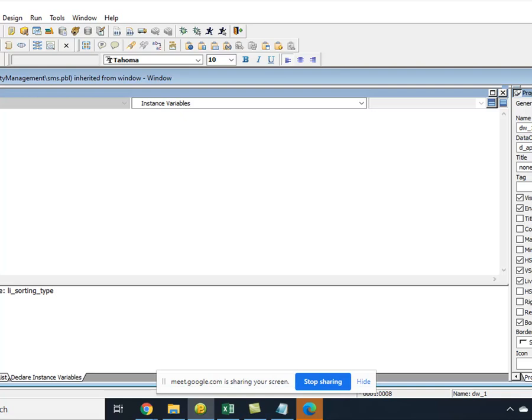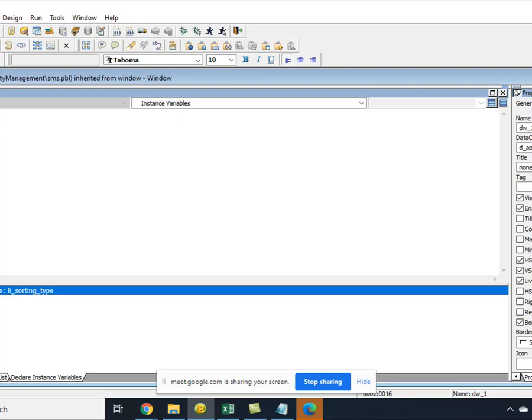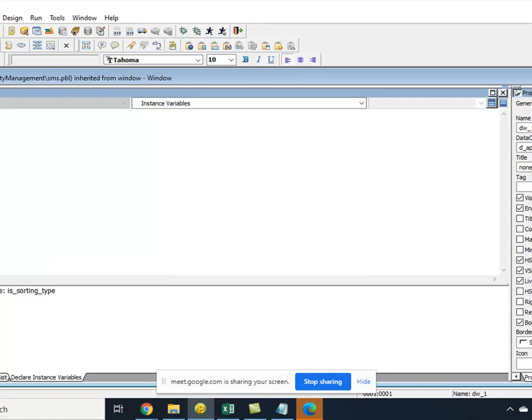This instance variable is string type. Illegal data type, is sorting type. Why illegal? It is a string, right?